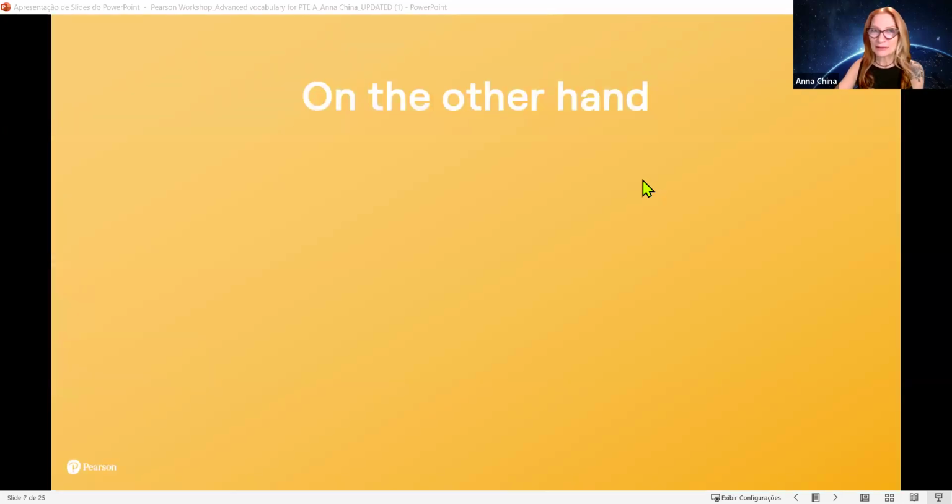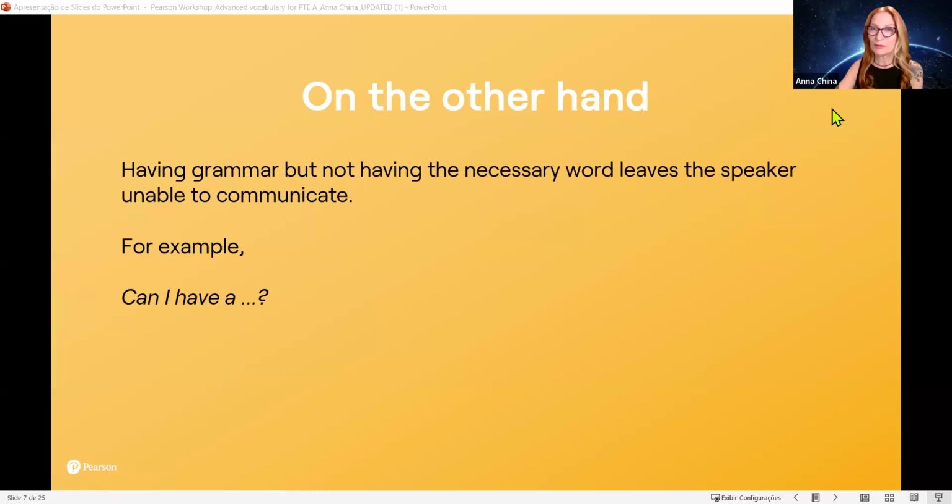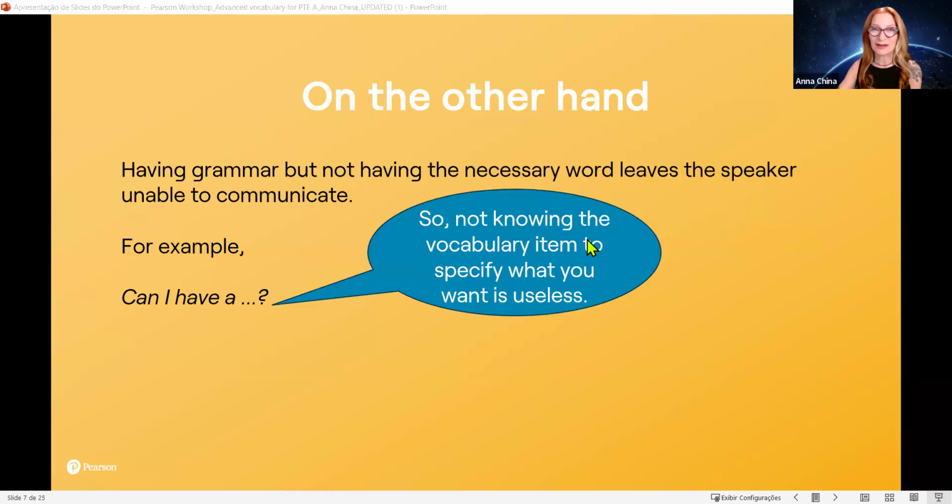Now, on the other hand, having grammar but not having the necessary words leaves the speaker unable to communicate. So, "Can I have a..." but if you don't know how to say the word that you need or that you want, you're still stuck there, right? You're using perfect structure, the verb at the beginning of the sentence, but this is not what we're looking for. So not knowing the vocabulary item to specify what you want is really useless, even if your grammar structure is